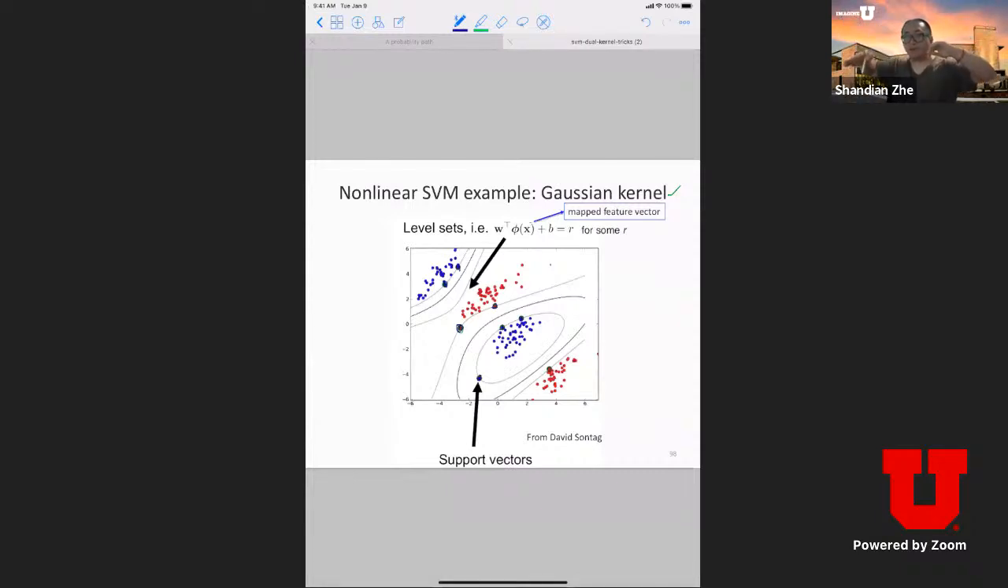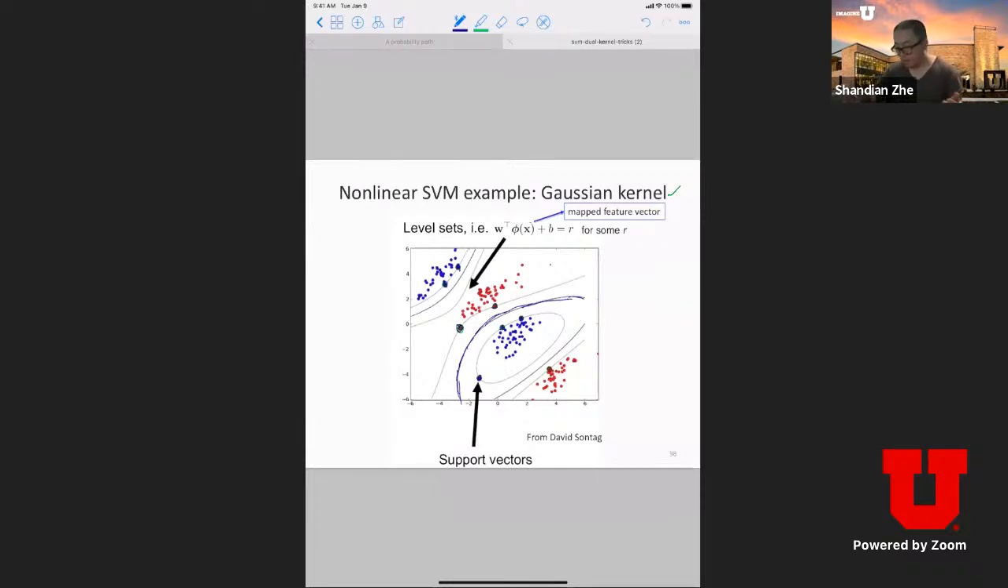In an infinite dimensional space, the separating hyperplane will be a real hyperplane, right? It's a hyperplane. It's not some curve or banded planes. And also the margin will be a hyperplane as well, right? But here, when we look at them in the original feature space, the classification boundary now becomes